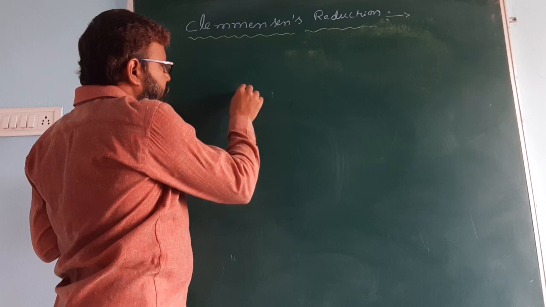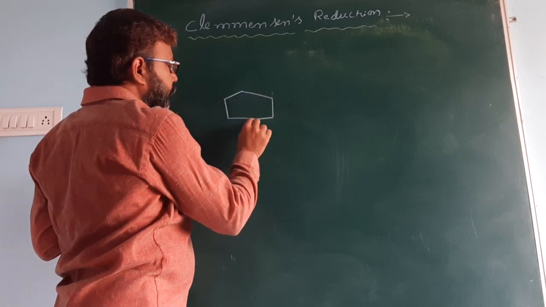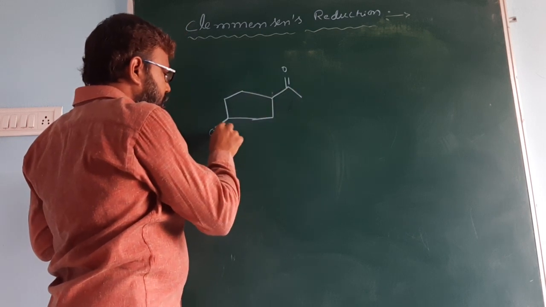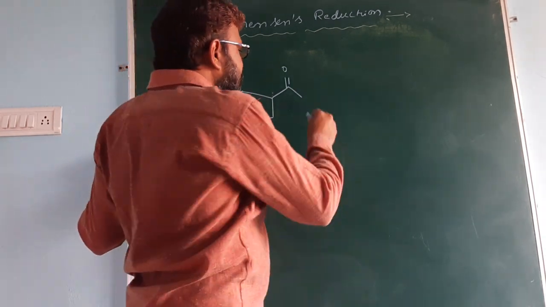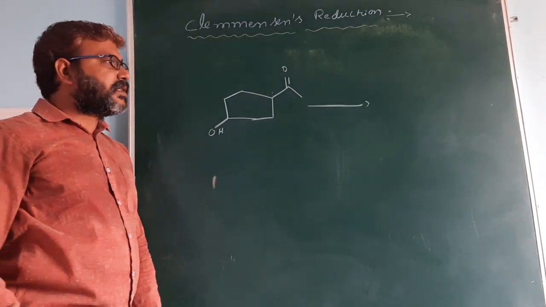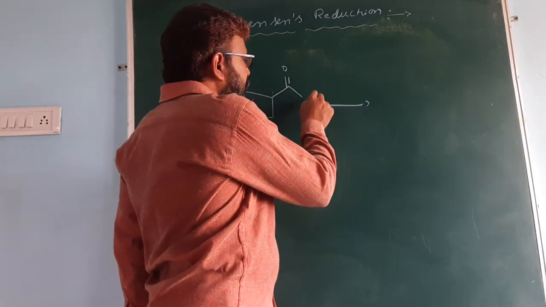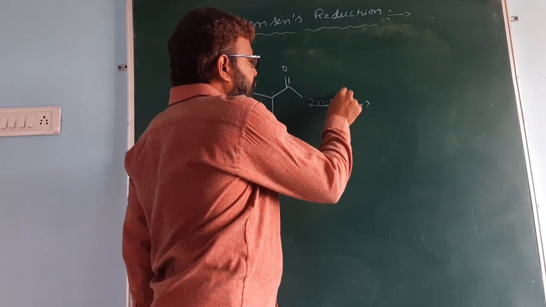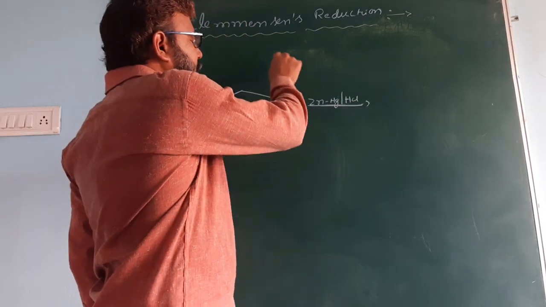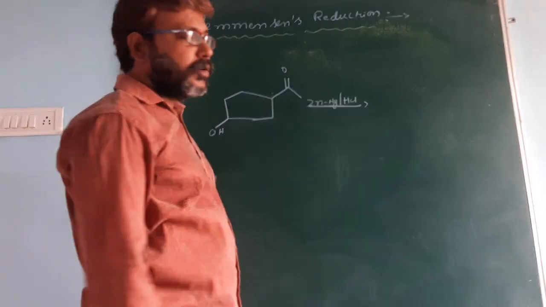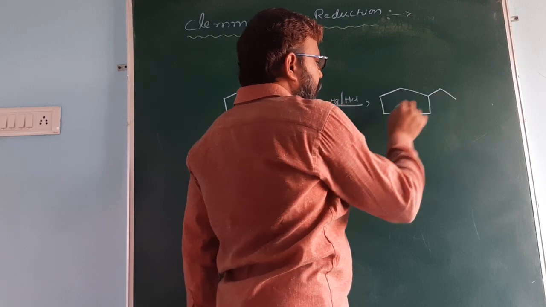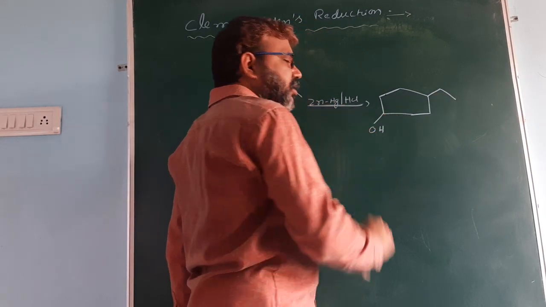So for example, it is a carbonyl compound, this is OH. So simultaneously dehydration takes place when an OH group is present. So the reaction takes place in presence of Zn, Hg and HCl. So already you know the C double bond O group is converted into CH2. But OH is an acid sensitive group.